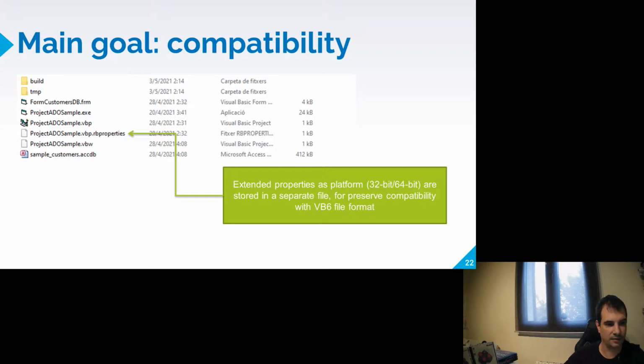So in the native file formats of Visual Basic 6, there are no properties present that don't exist in Visual Basic 6. All of the extended properties of RAD Basic go in a separate file that Visual Basic 6 doesn't see.